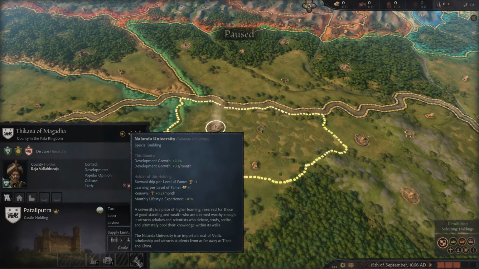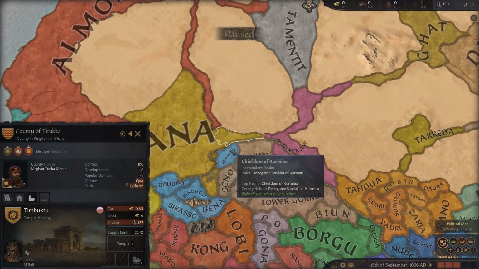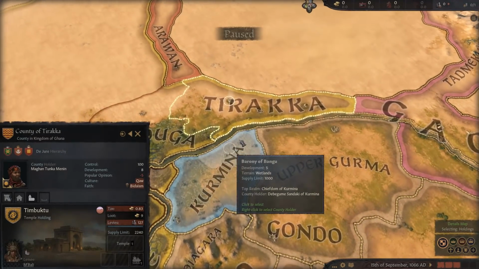The development growth is okay. I mean, it's nothing to turn your nose at. Anyway, it's nothing to ignore. But really those stewardship, learning perks, and renown and lifestyle experience, that's really the key one here, why you want this holding. Now, I said we'd be back to Ghana, and we are back in Ghana, and we are in